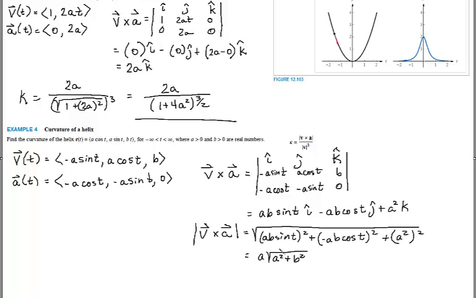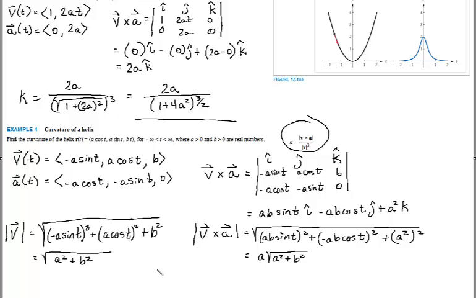Alright, a little messy, but I got the magnitude of that cross product. Now I'm going to need the magnitude of that velocity vector, and I'll plug that in, and once I get that, I'll just be able to use this curvature formula and get the curvature of this helix. With that now completed, I can just say that the curvature is the magnitude of that cross product, a square